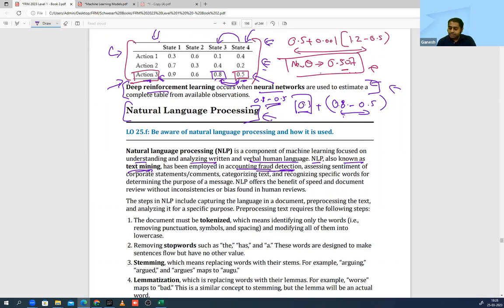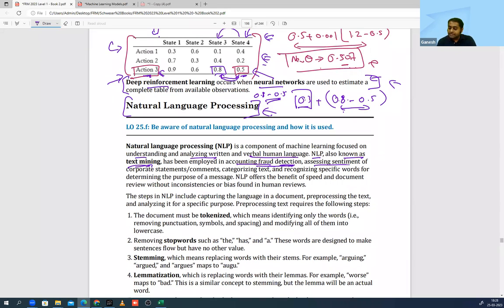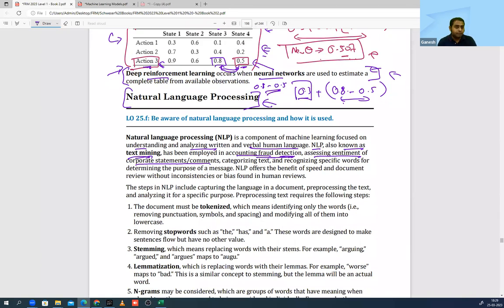Okay. Next is assessing the sentiment of a corporate statement or comment. ये generally अभी implement होगा when you go and put a comment on your social media handle of companies. Suppose now you have tagged Tesla. Okay. And on the basis of that you have made a comment. तो AI will decide कि ये इसके ऊपर action लेना है कि नहीं लेना है. मतलब ये positive comment है, negative comment है, like that. No human will sit and analyze it. Okay. Right now people are doing it.